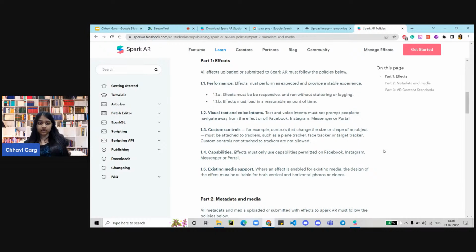Part one is about the effects. All effects uploaded or submitted to Spark AR should follow these policies. The first is about performance, visual, text and voice intent. You shouldn't be promoting anything that is not good. And also,